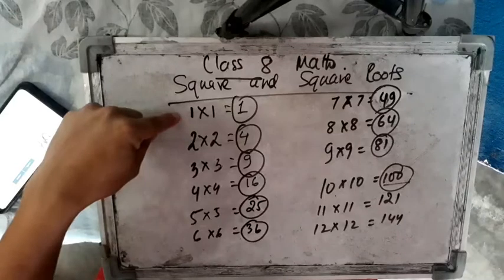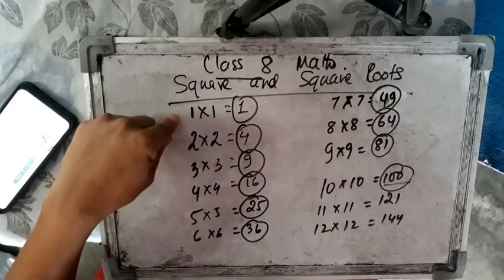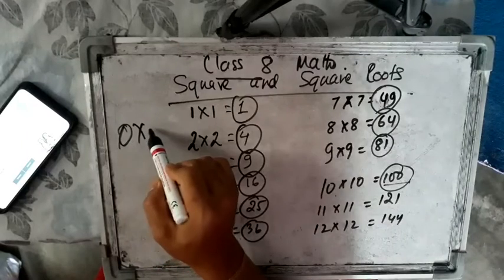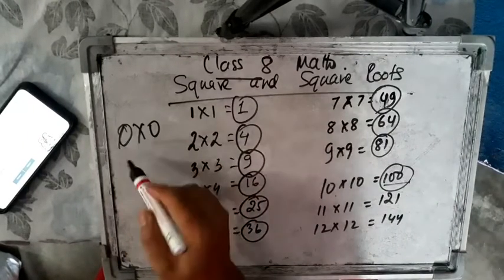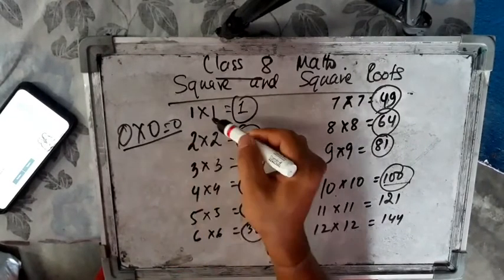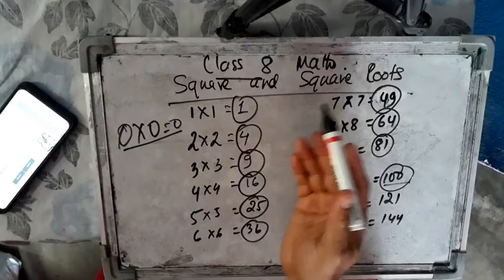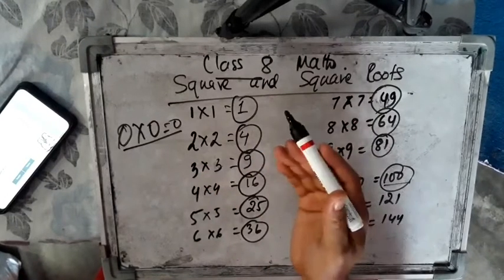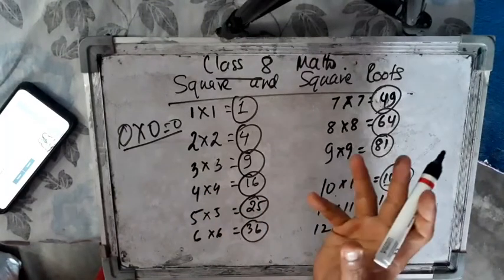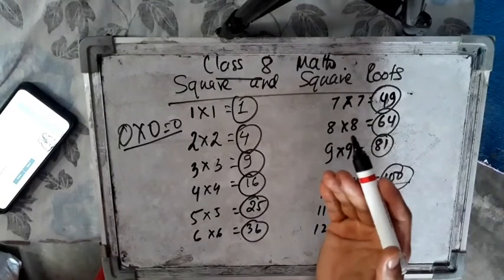Here you must have a question: why we haven't used 0 here. So actually के हुन्छ भन्दाखेरि चाहिँ 0 को स्क्वायर, 0 into 0 is again 0, the number itself. So अब हामीले 0 लाई यो केसमा चाहिँ we are not including that number 0. Because 0 into 0 is 0 नै हो, but we will not come across the number 0 in any further studies about the square and square root.